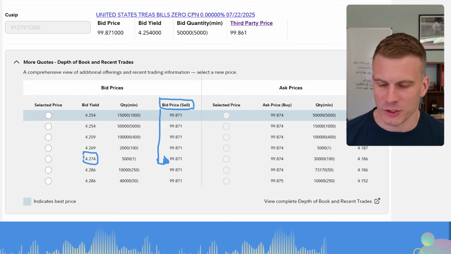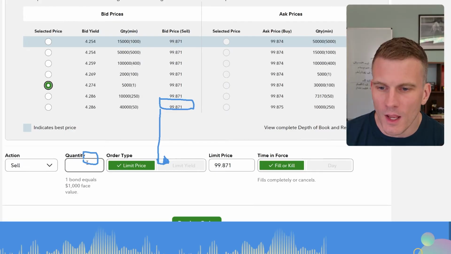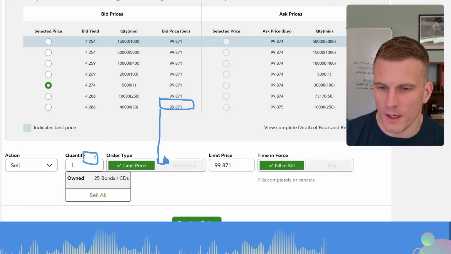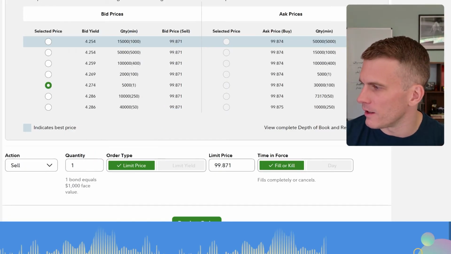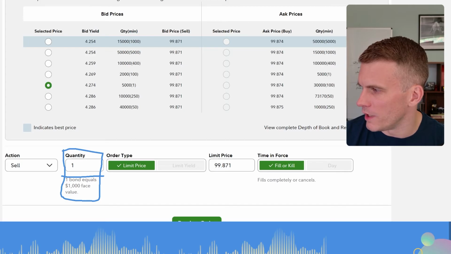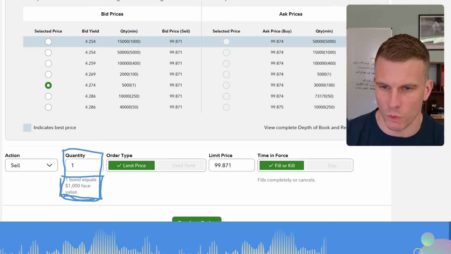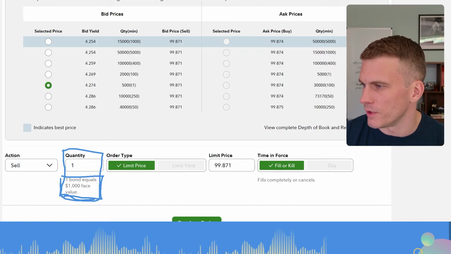So hopefully that's not too confusing. But now let's go through here and actually sell it. So I'm going to click this one and I'm going to say one. And just to call out here again on my handy whiteboard, Fidelity will tell you one bond is $1,000. So let's say I want to sell one as an example, and I'm going to choose limit price. That's the only thing you can choose from. The limit price here,